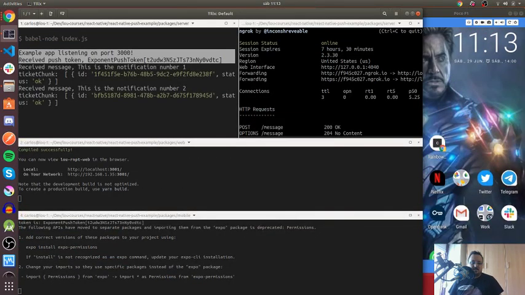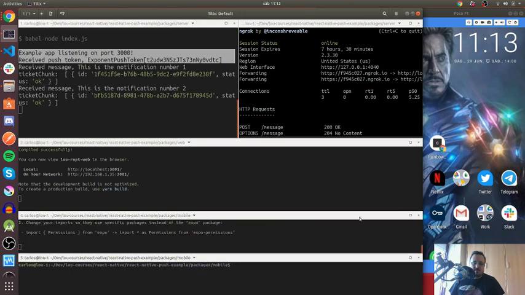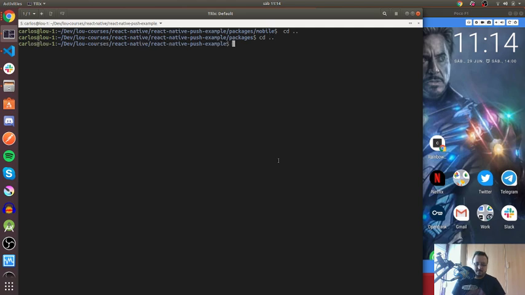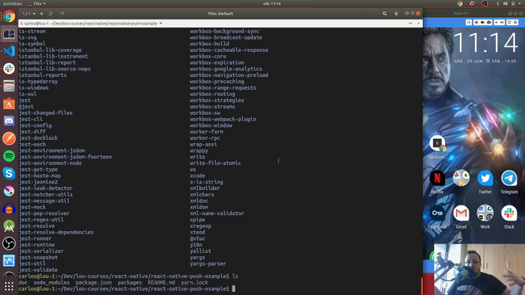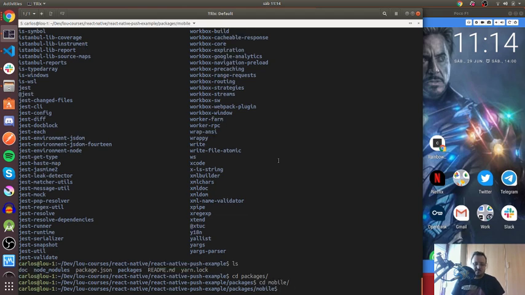Let me show you something nice about Yarn workspaces: here we have the node modules, and in the root we have all the node modules, and if you go to the packages, for example,